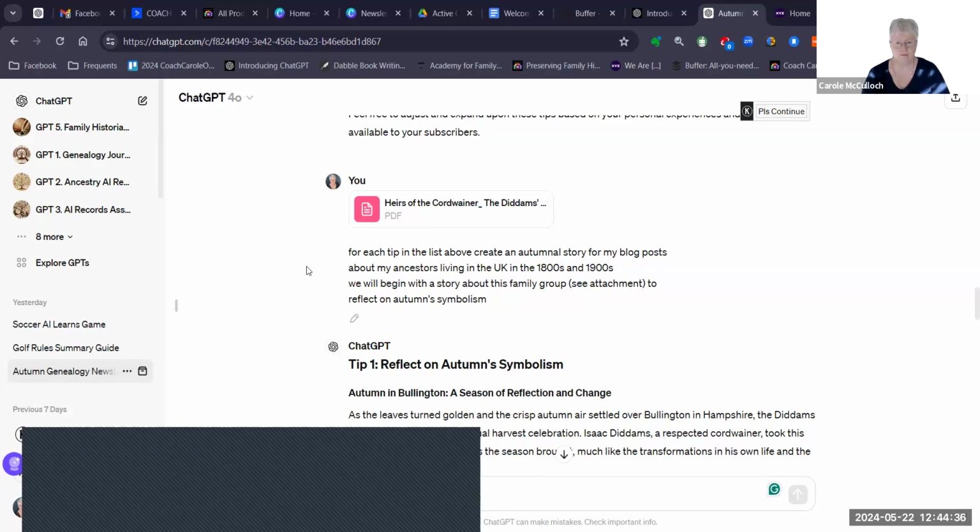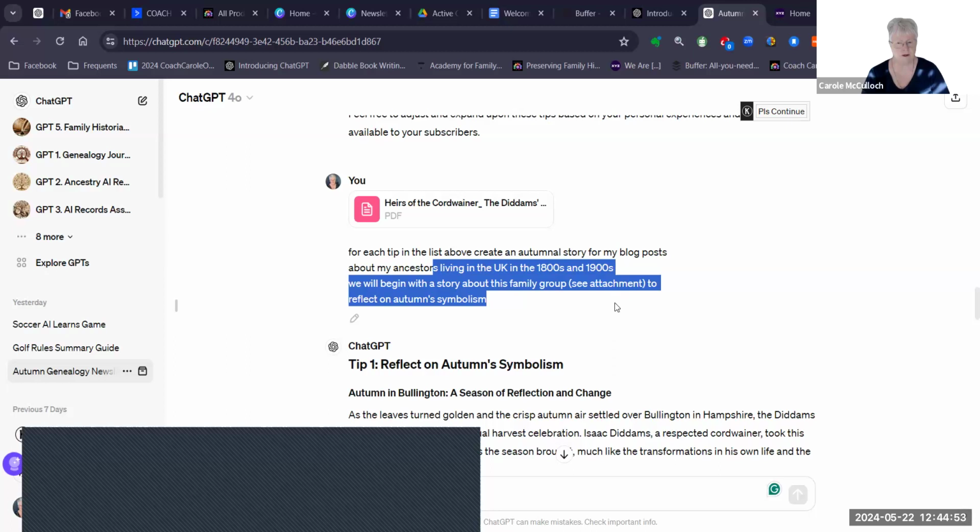ChatGPT 4.0. And then my prompt was, for each of the tips in the list above, create an autumnal story for my blog posts about my ancestors living in the UK in the 1800s and 1900s. And we'll begin with a story about this family group and see attachment to reflect on the autumn symbolism. So going back behind that now,